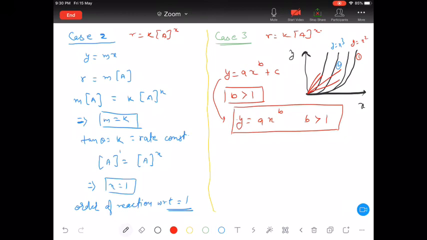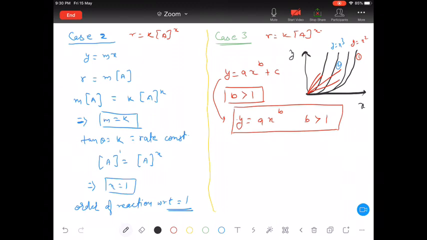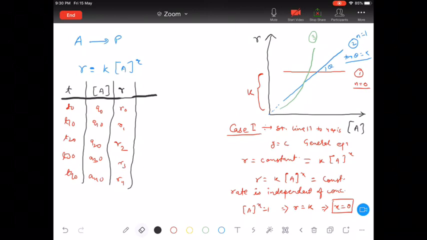Even if it is x square, then it will come in this manner. Even if it is x cube, it will come in this manner, but we have to just focus on this origin part for the time being. Correct? So here for case 3, what kind of curve are we obtaining? A curve y is equal to a x to the power b or not?